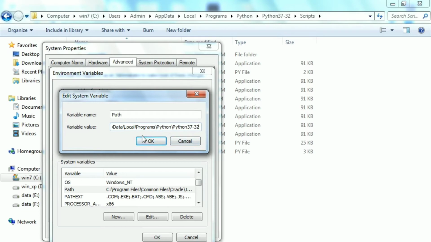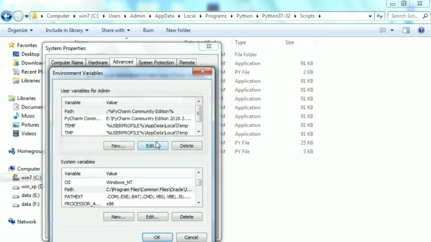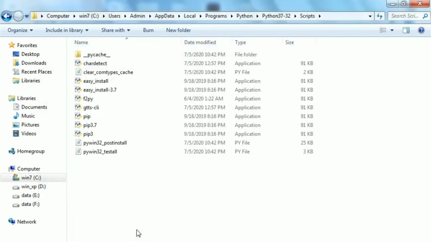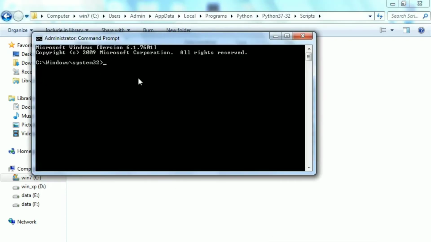And that's it. You're done. Press OK, OK. Again press OK. You're done. Now when you open up your command prompt and run it as an administrator, and if you type pip, you won't get that error again saying that it is not recognized.